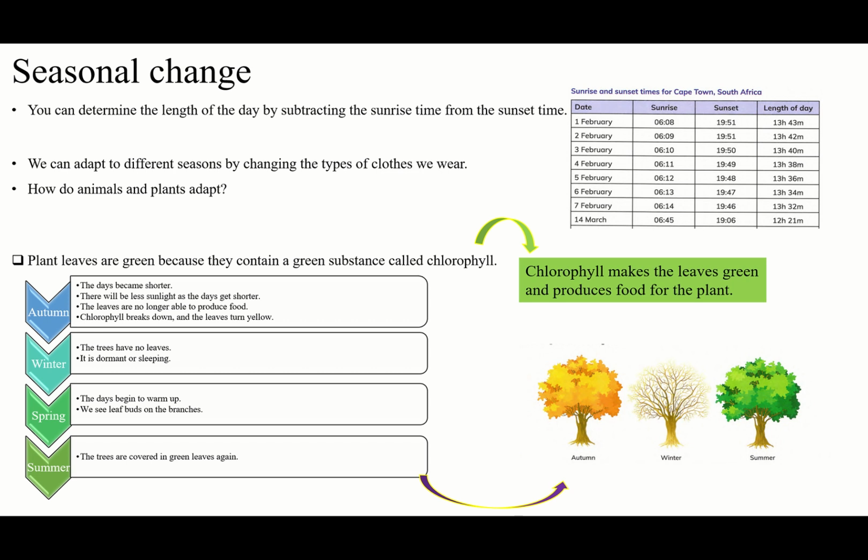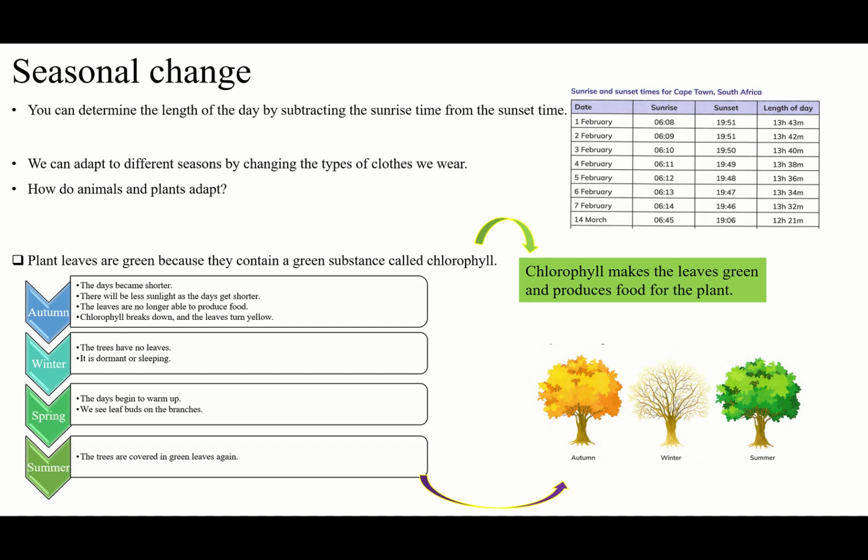One, making the leaves green. The other one is producing food. The two functions of chlorophyll are making the leaves green and producing food for the plant. What is chlorophyll? Chlorophyll is a green substance inside the leaves. And what are they doing? They are making the leaves green and producing